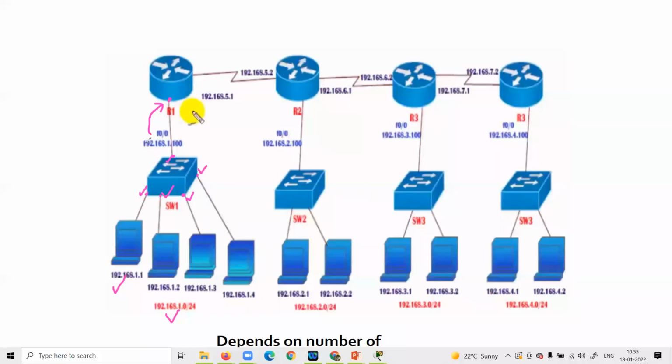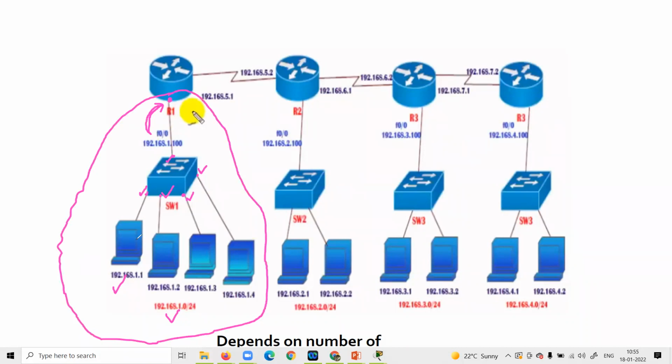So yes, in router, this is the IP address which is for this port, whatever the port it is, serial 0/0, fast Ethernet 0/1, 0/2, 0/3, that kind of port will be there. So you need to give this IP address over there, right? And this is for the same network. Please understand, right? This is one network, right? Yes, computer obviously need IP address. So every port, whatever it is connected, you need to give IP address to this port. Fast Ethernet 0/1, 0/2, 0/3, 0/4, any port, right? So that is our first point.